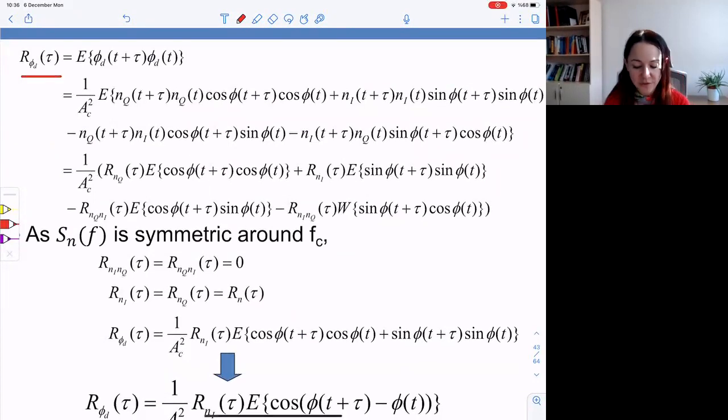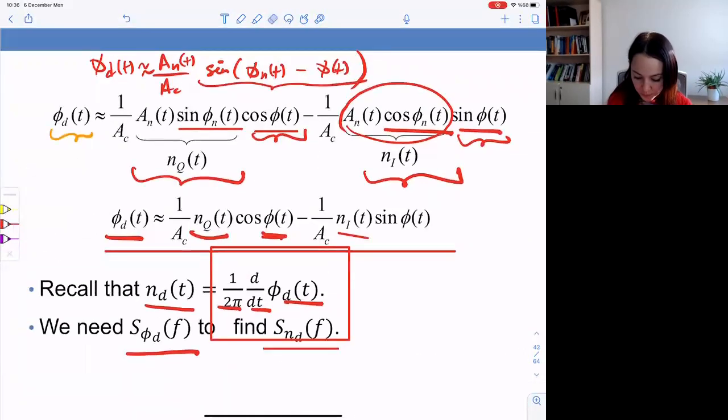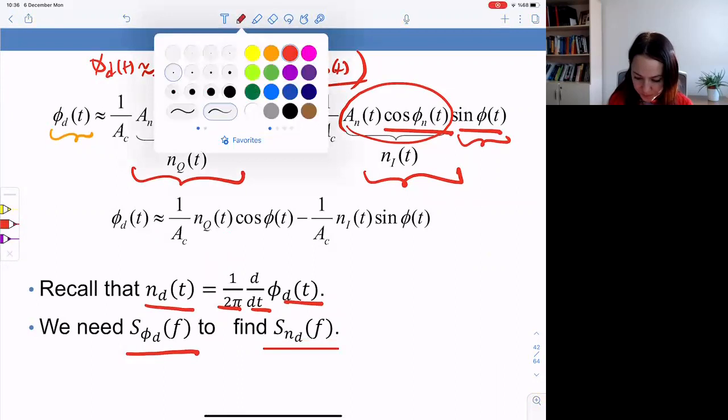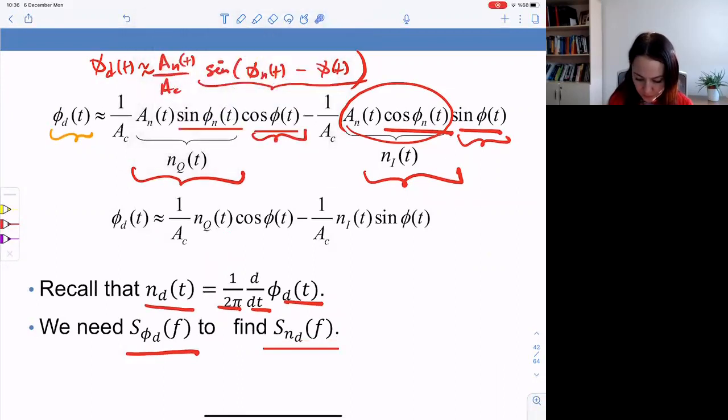The autocorrelation function of phi d is where we start because we want to find the power spectral density, right? So write the expression phi d(t plus tau) times phi d(t) and take the expectation. Well, what is phi d? Remember, phi d is